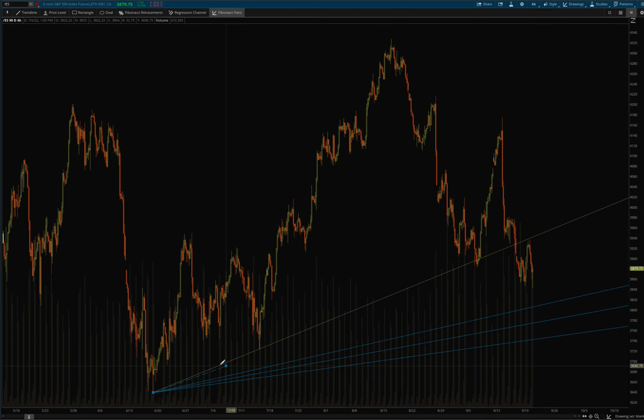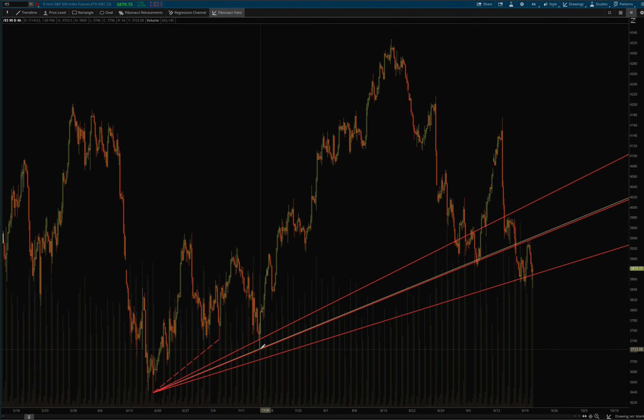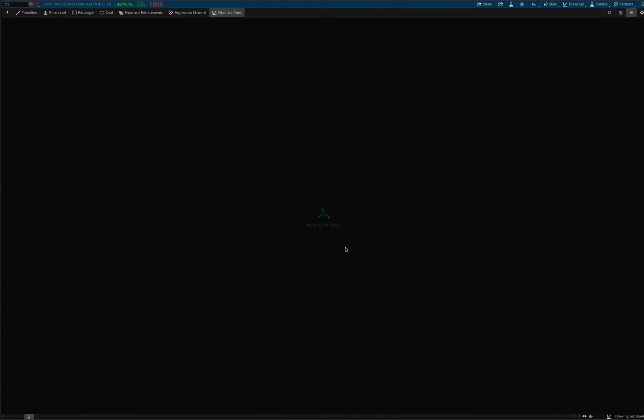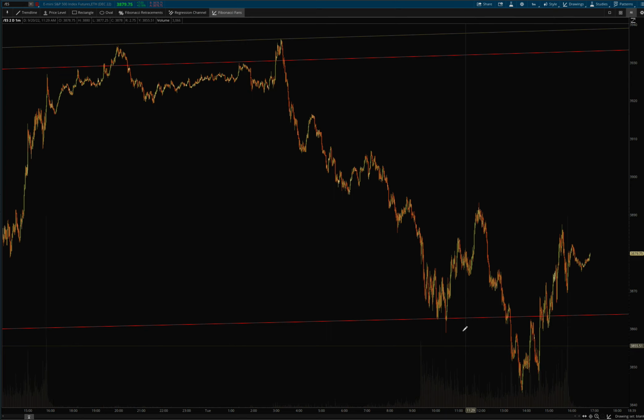This one I thought was interesting, where if you were to draw it, the price comes down to here, and if you were to draw it here, it basically mimics this trend line to this peak that then carries it out, and it actually a little more accurately hits this area here. So let's dump down to a 2-day 1-minute chart and just see what this looks like in terms of actual